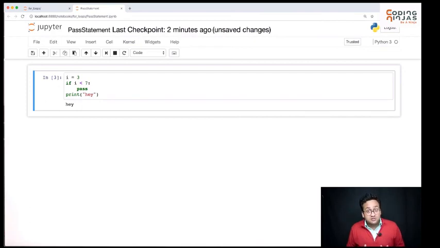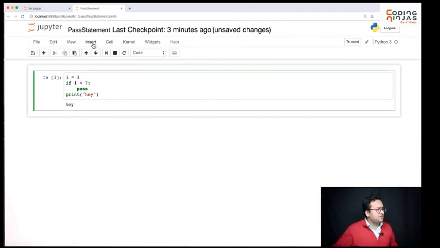A very good use case of pass is in case I want to structure my code. I don't want to write the insides of my while loop or if statement, but I want to make the basic structure that, hey, I'll have these two loops, and in this I'll be checking whether this will be doing something or not. In those cases, pass can be a temporary statement that you can use to basically tell yourself, I need to do something here. This is a to-do for me. For now, I'm writing pass, but eventually I'll come back and actually write something. Okay. So in those cases, you can use pass.